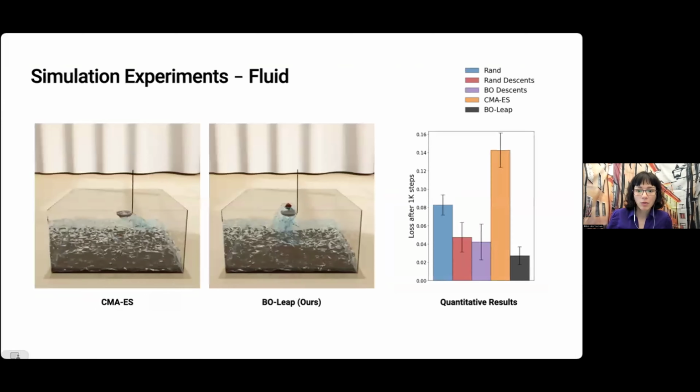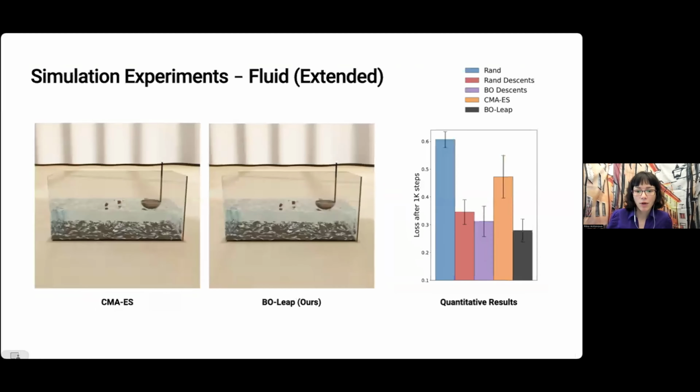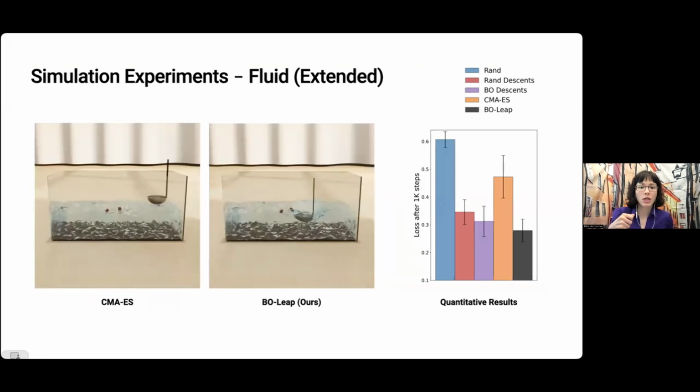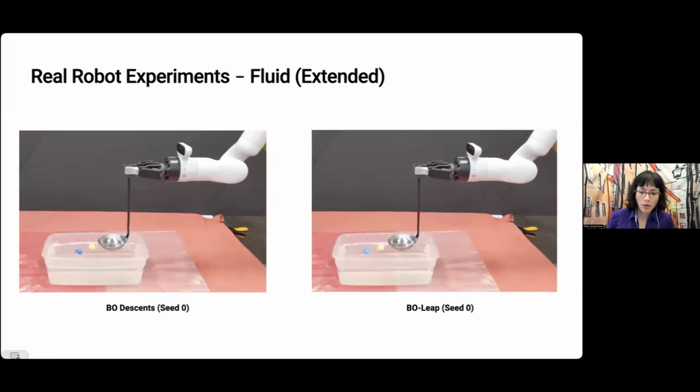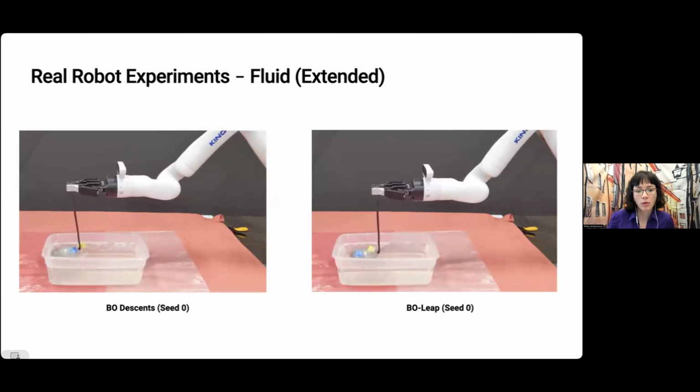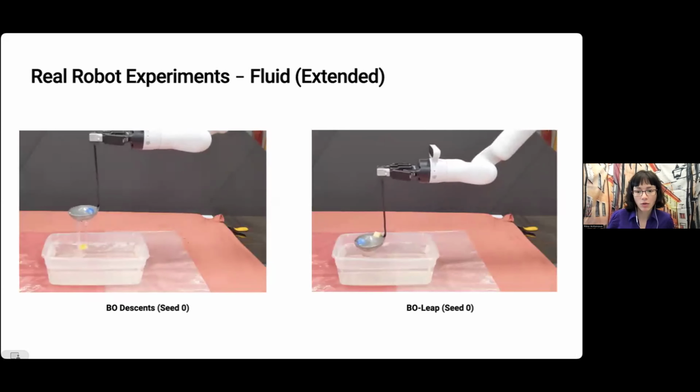Similarly, for the liquid, a few examples of how we've optimized. Now here we're not doing real-to-sim, we're actually trying to design a trajectory for the ladle that picks up both of the cubes. And in simulation, you can see that we've successfully done this with the method that combines gradient-based and gradient-free approaches. And we've also deployed these trajectories on the real robot, just to check.